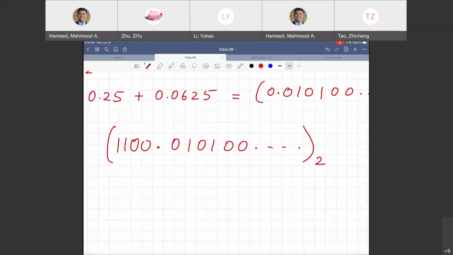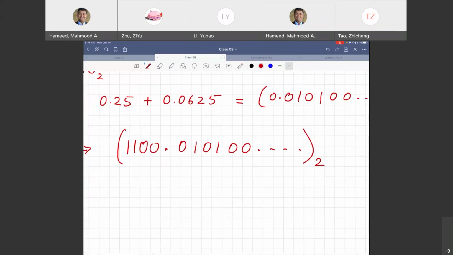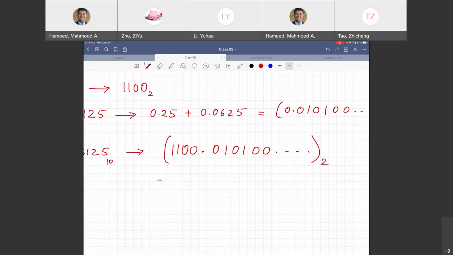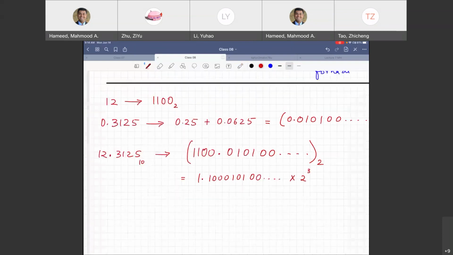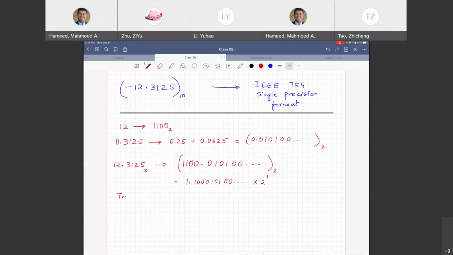Now, you see this? Is it in the normalized form? No, I need to normalize it. If I want to normalize this, I need to move the binary point to the left by 3 places. If I move it left by 3 places, what do you get? You get 1 dot 1000101 multiplied by 2 raised to what? Positive 3, right? Because to consume that, I move the places back. So I got my true exponent as 3,